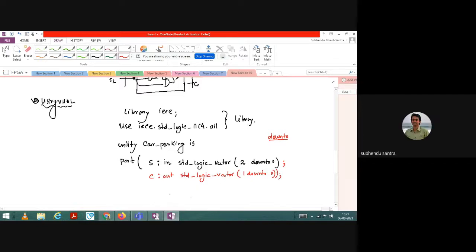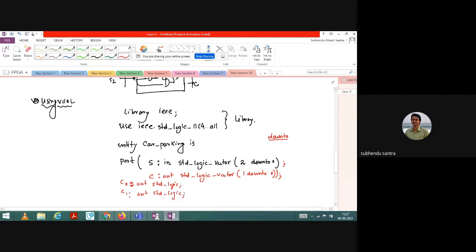Or else you can write like this, if you are not happy with this. I can write C0 and C1 separately: out, standard logic, and here also out, standard logic.